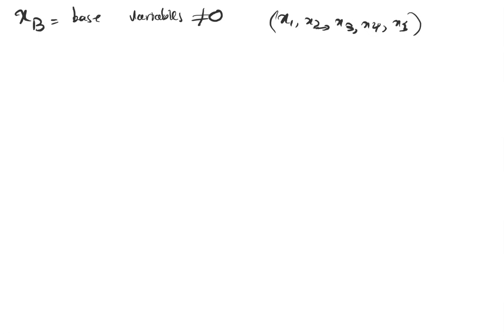Before starting the simplex algorithm, you should know how many of these are going to be non-zero. So let's say these three are non-zero, so we call them base, and these are non-base. So non-base variables are 0. So x4 and x5 are equal to 0. But the question now is, how do we determine how many non-zero variables do we have? Or what's the dimension of